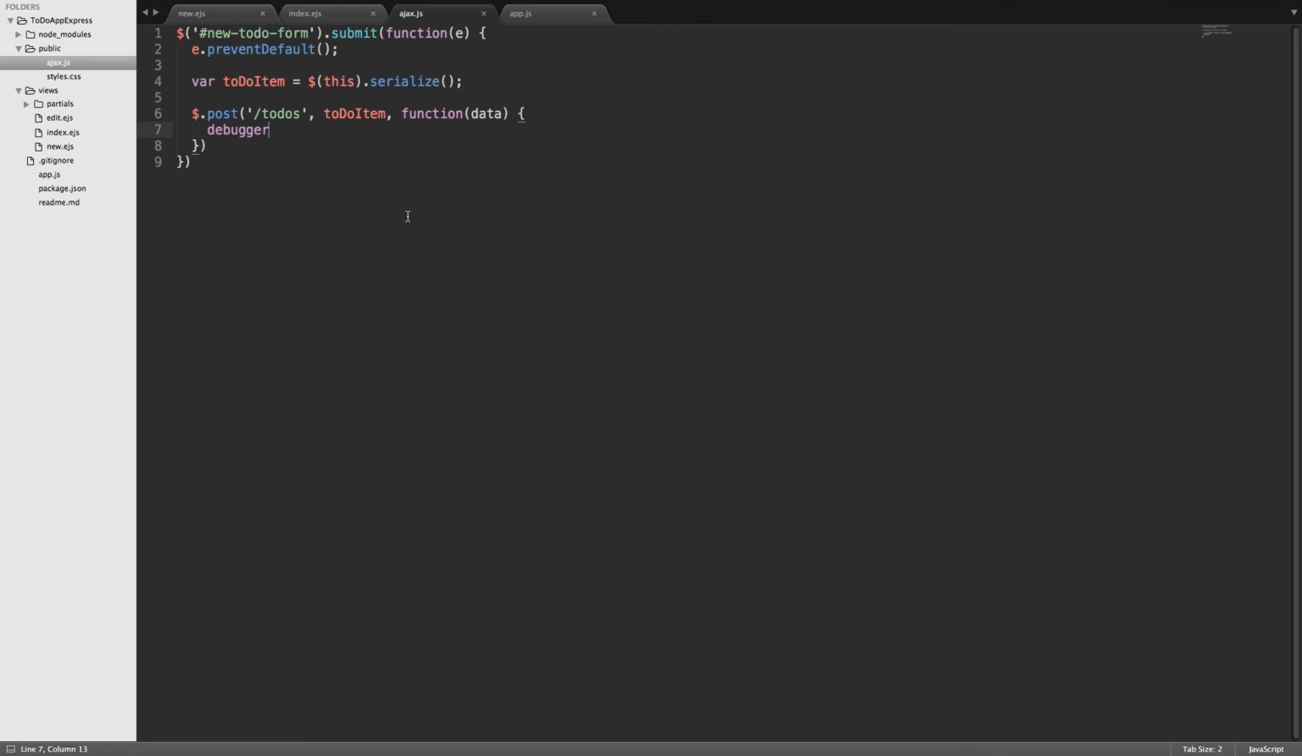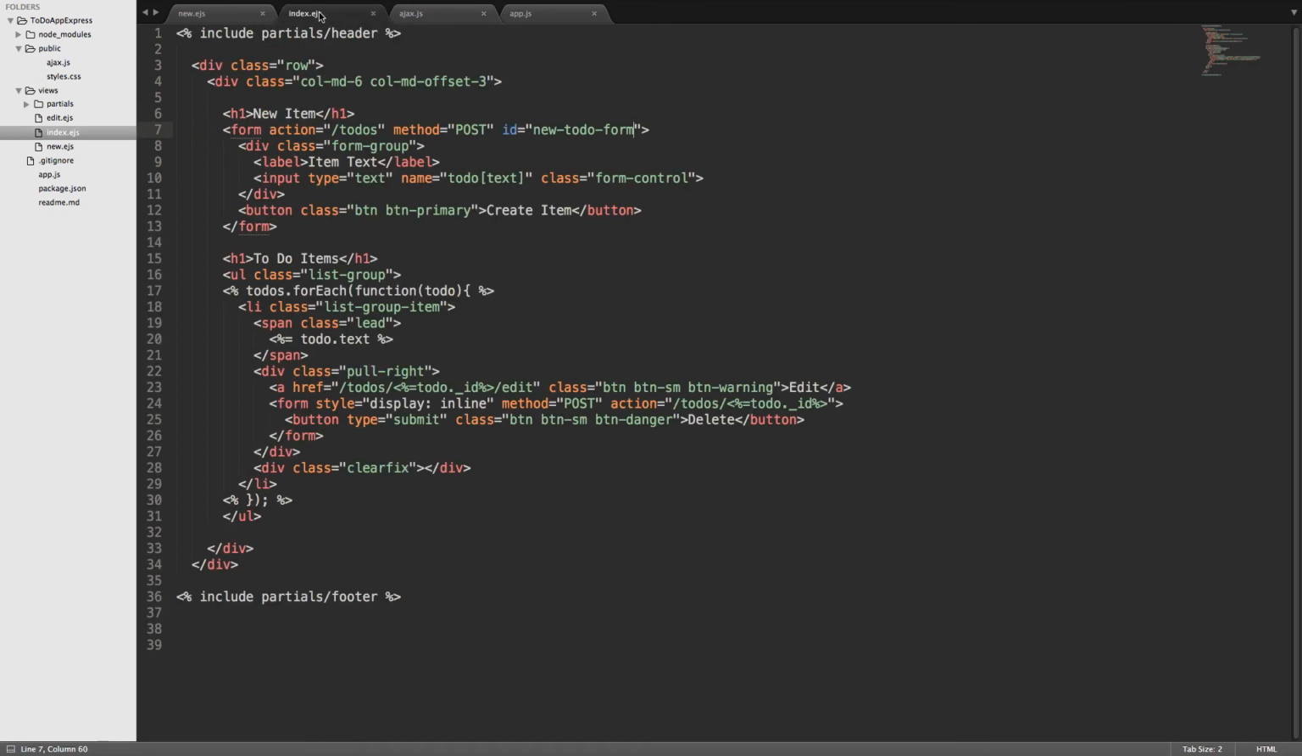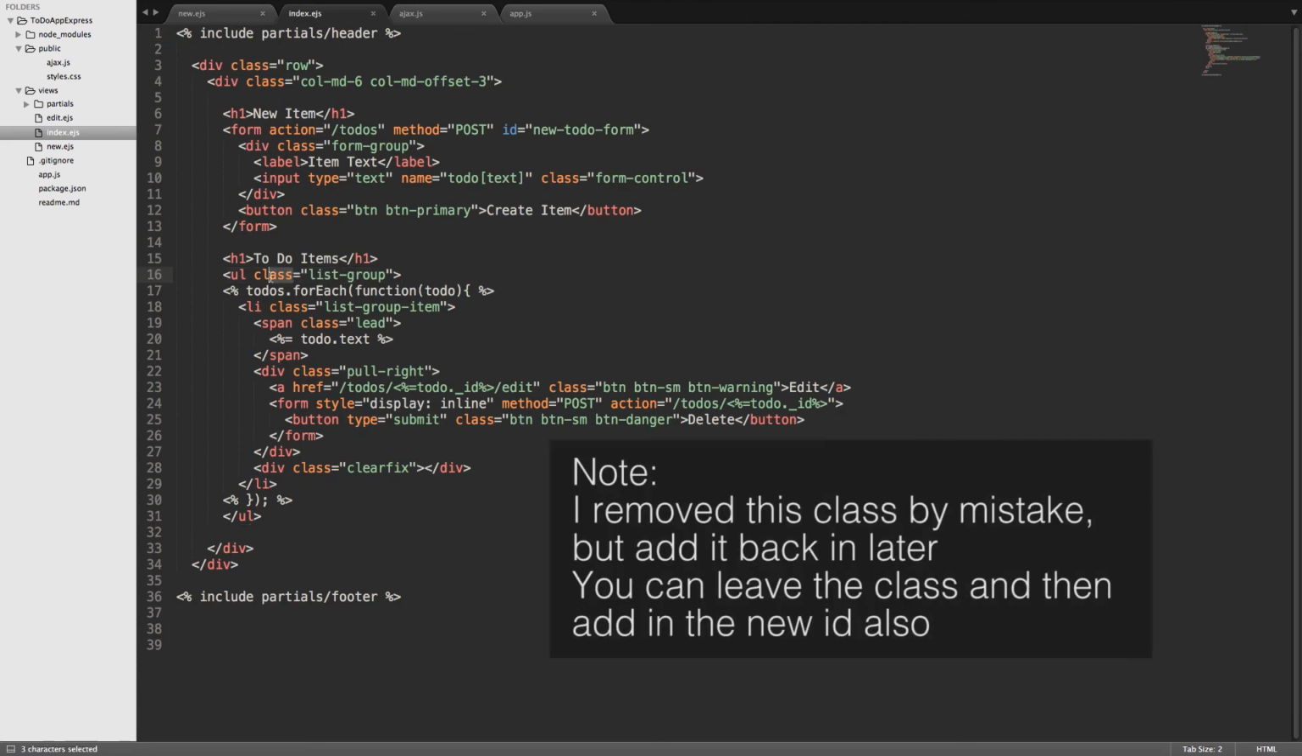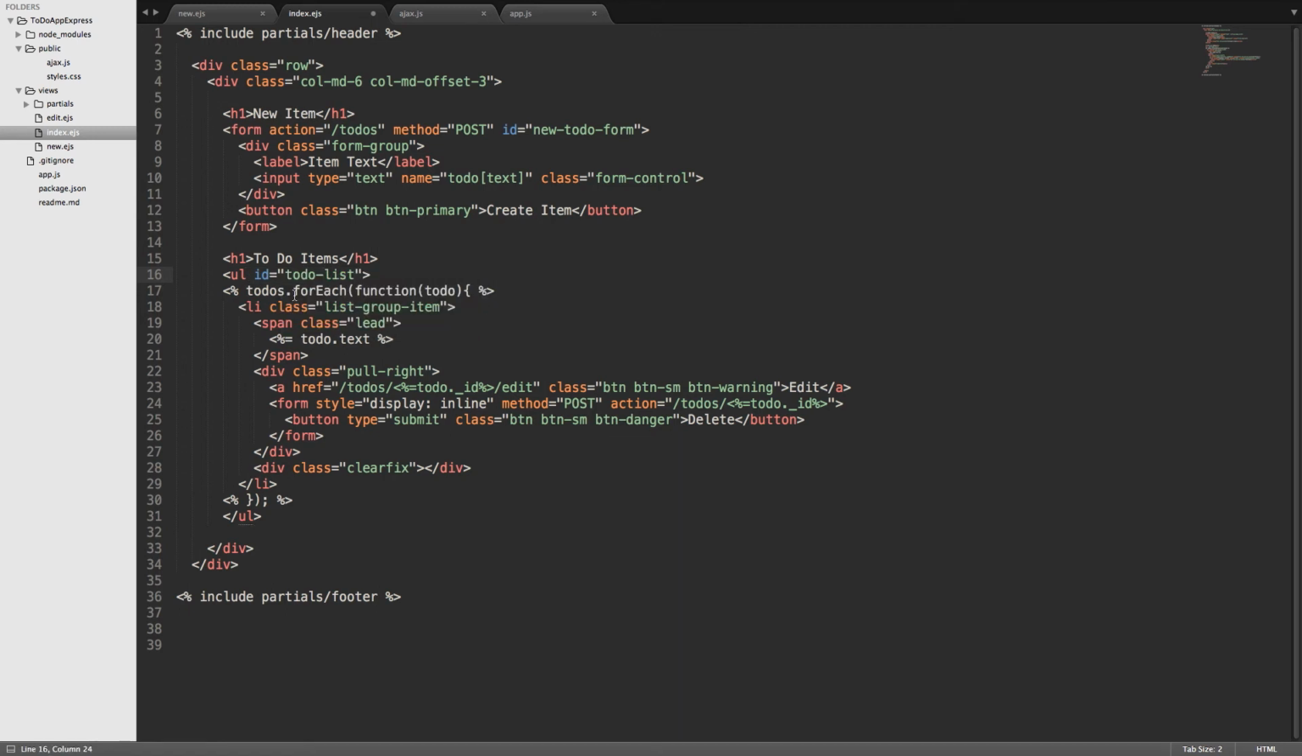Okay, back in our code, we're going to go to index.ejs, and here we have an unordered list. We have a class for list group, and I don't think we're styling this. Let me double check my style. We're not. Okay, so I'm going to change this to an ID. So now that it's an ID, we'll set the ID equal to to-do list. So this is the unordered list that has all of our to-do items, and it'll now be easily selectable with